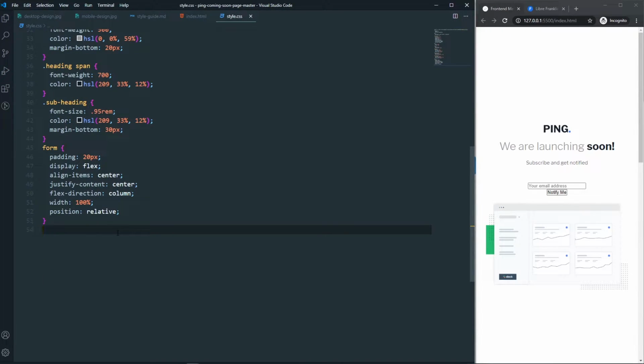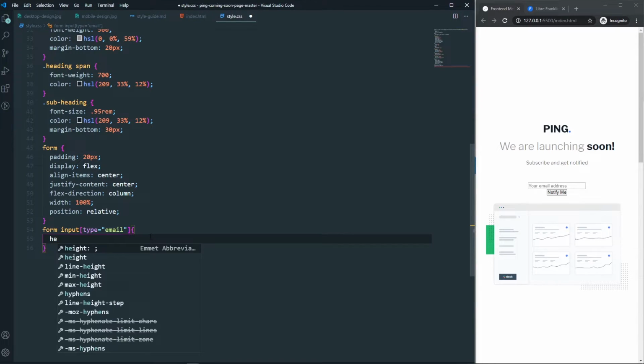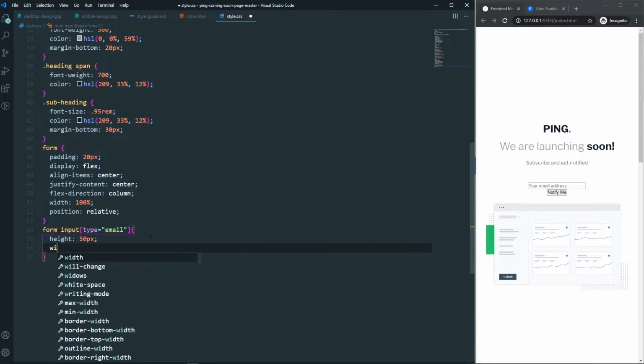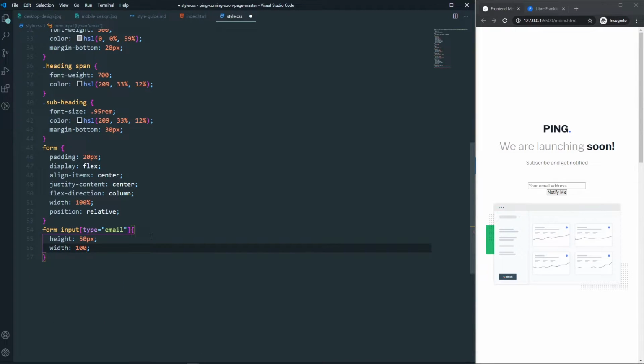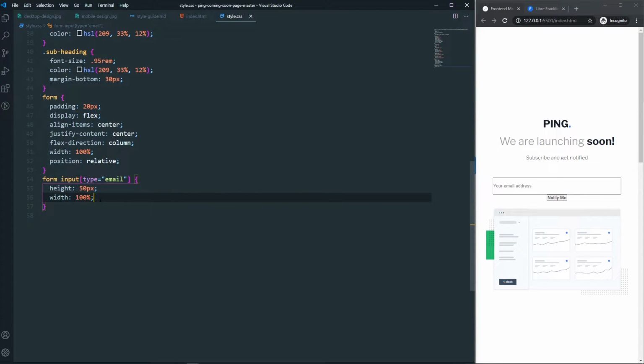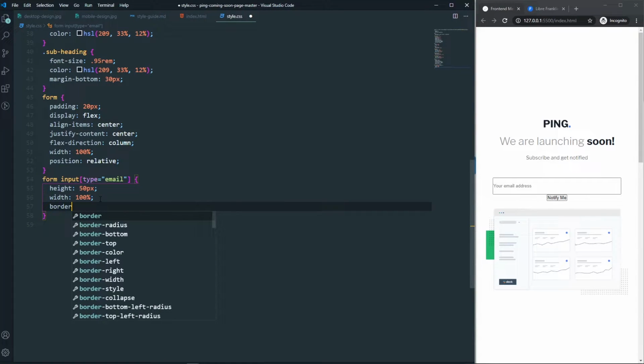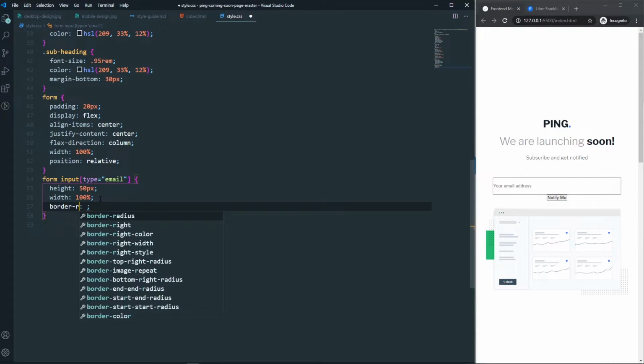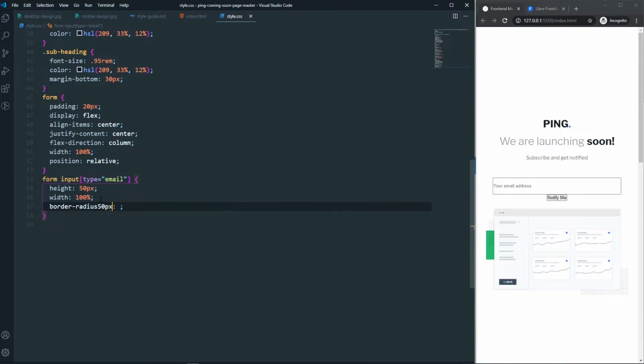So after that, let's grab the email input. So we can say that form input, the type will be email, and let's say that height will be about 50 pixel and width will be about 100%. So as you can see that we have a quite big input here, and also say that border radius will be 50 pixel,